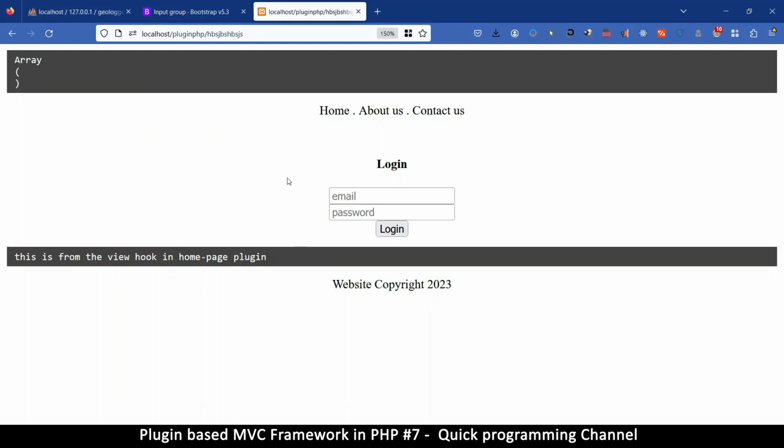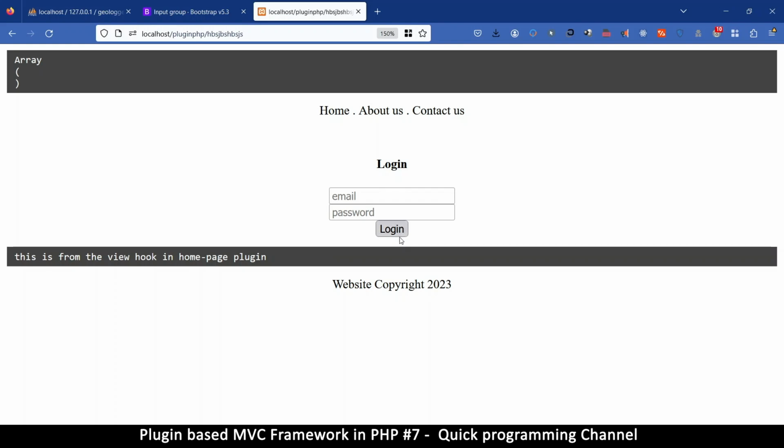So in here, we want to fix this problem of every plugin loading on every single page, because sometimes you don't want a plugin to load on a specific page. This is going to be our basic routing system. All right, so